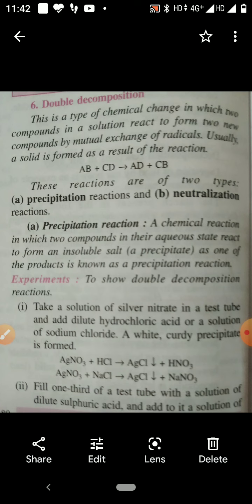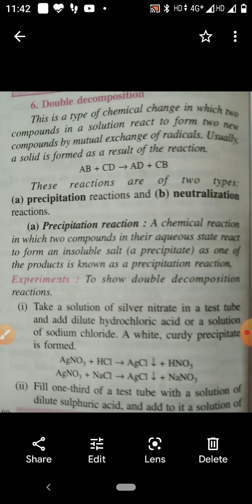A precipitation reaction is a reaction between two compounds in aqueous solution to give two new compounds, and one of the two new compounds formed is insoluble. That insoluble one is called the precipitate. Their example is,